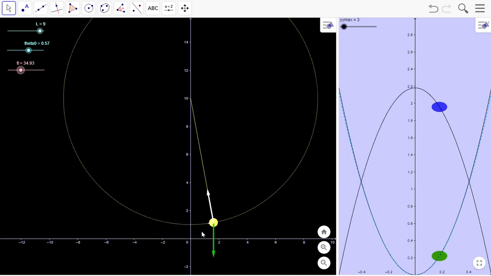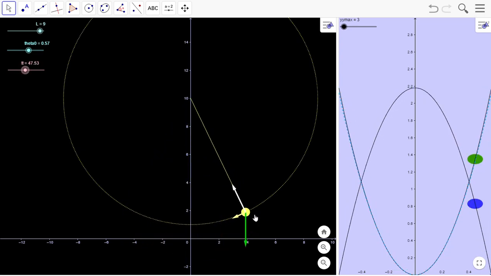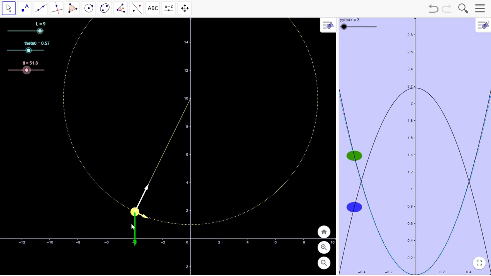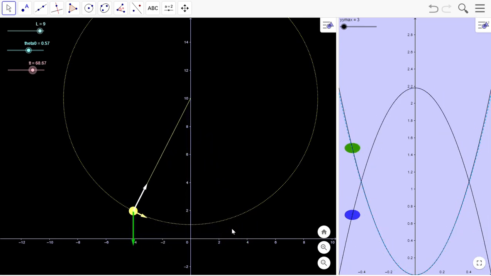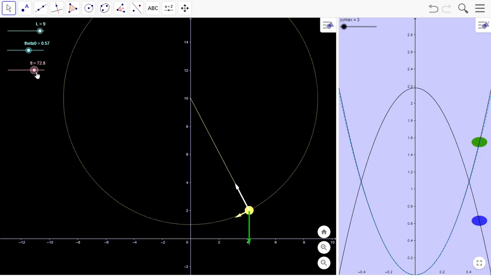This one is always pointing back toward the center. So watch how this switches direction. It's always pointing back toward the center. And the gravity, of course, just stays straight down. So this force, the one along the direction of motion, is, of course, what causes the motion. And as long as it meets the conditions, here, let me stop this. As long as it meets the condition that this vector, the force represented by this vector, is